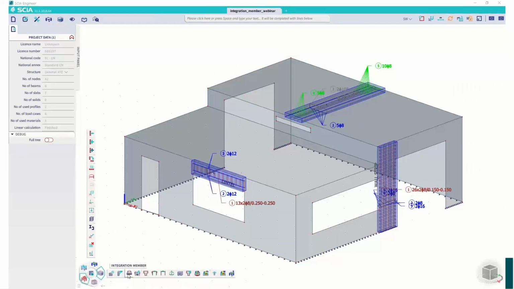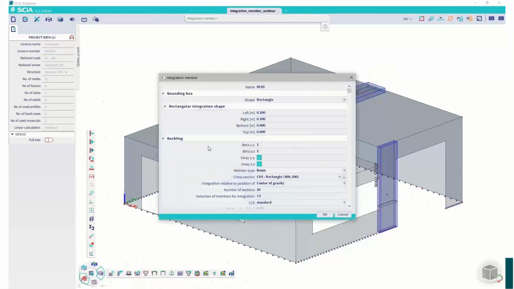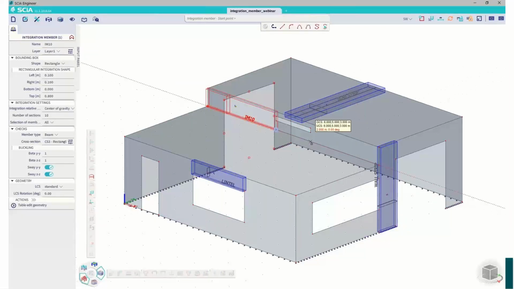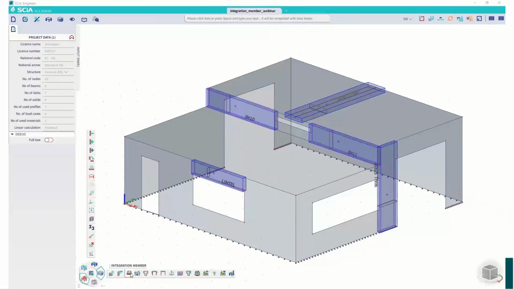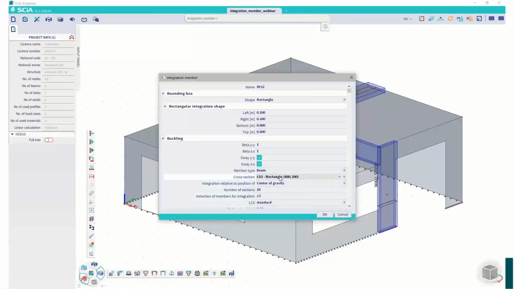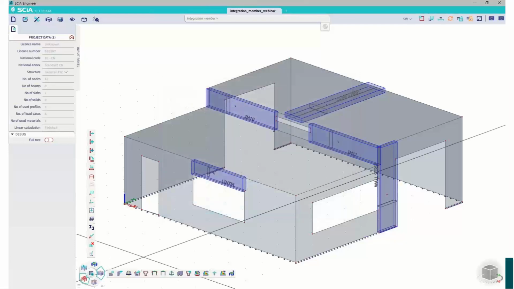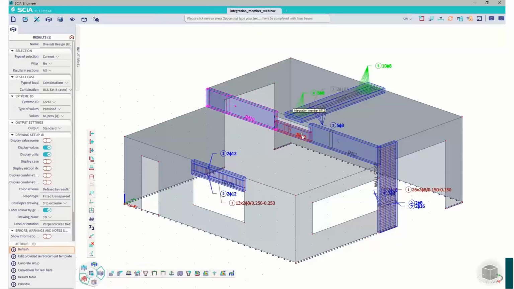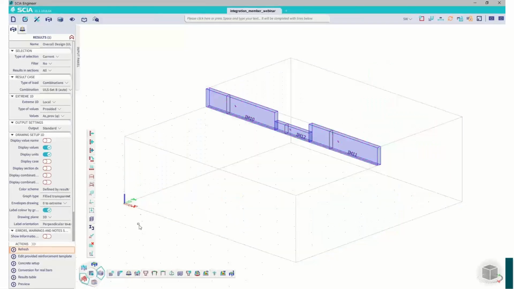Let's have a look how that works or how simple it is. So first you need to create the integration member and assign a cross-section to it. That's mandatory because the cross-section is then taken by the check. So you can quickly create an integration member over this high beam. There is some opening in between. So yeah, let's skip the opening by designing only the part at the bottom. And by running